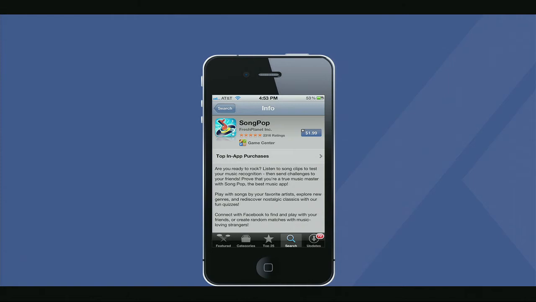Now, what's really interesting about this is I don't have Songpop installed. I don't have it installed at all. But when I click on that, we notice that it's not installed, and we take me to the Apple App Store in order to install this game. And what's phenomenal about this is it shows how we work perfectly with the existing Apple ecosystem as well as